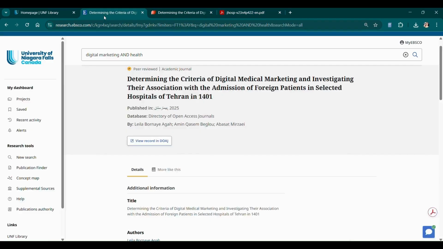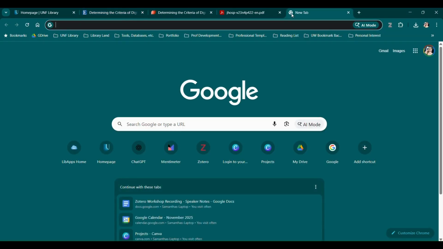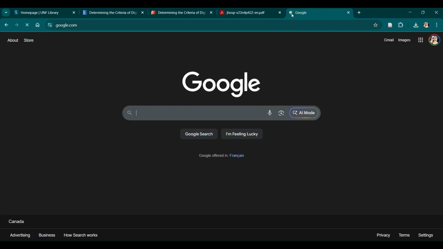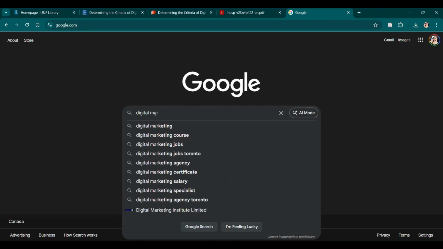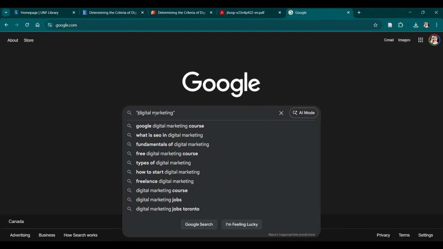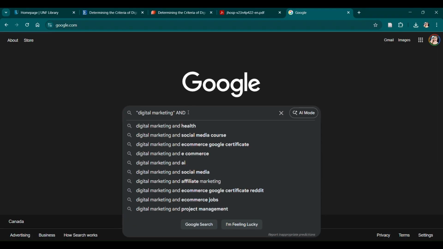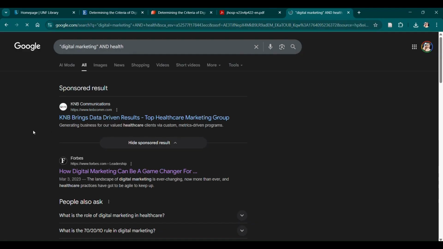Let's come back to our search. So we did single items and multiple items through our library database. But let's take a look at an example of doing just a regular Google search. I can copy and paste my exact search string into Google, because we know that some of the information that we use for our assignments isn't